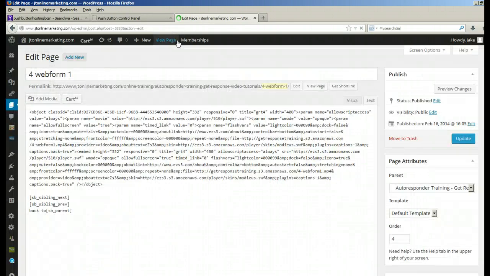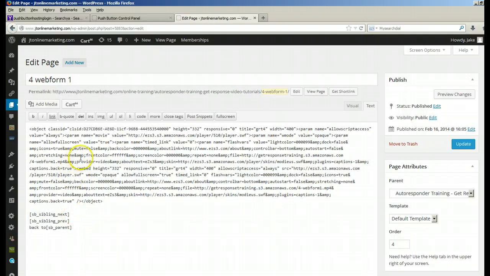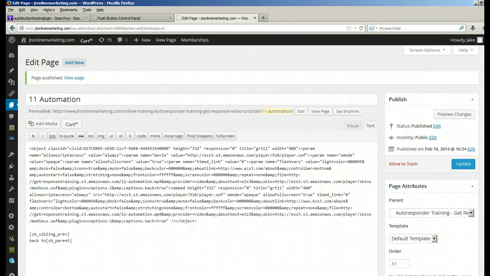Okay, and we've got 3 pieces of code at the bottom of the code for the video itself. One is the sibling next, which you just click onto that and go on to the next video in the series. Then previous there, well, just PREV, press onto that, and that takes you back to the one you've just seen, the previous one, and then back to the parent page. You press that bit of code there. So all these codes come with the SB plugin. So I'm going to complete the rest of these and then show you what that whole thing looks like at the end. Okay, so the last video in the series has been